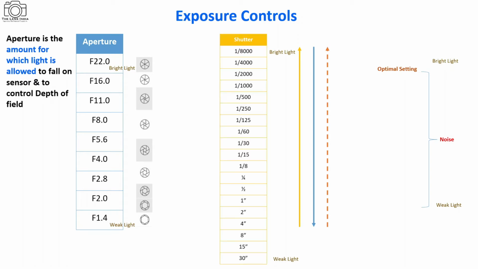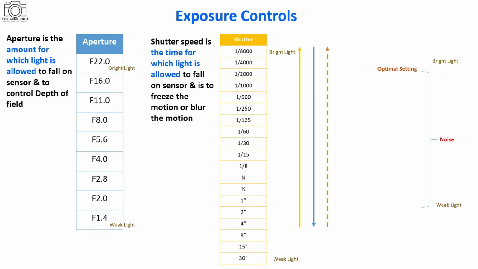Okay. Next is the shutter speed. Now, what is shutter speed? Shutter speed is basically a parameter which allows us to set the time for the light which is falling on the sensor. This is one of the mechanical functions of the shutter speed. The shutter speed I've mentioned over here starts from 30 seconds and goes to a fraction of a second as fast as 1 by 8,000. So 1 by 8,000 is the very fastest shutter speed, and the slowest shutter speed available in the camera is 30 seconds. This timing we can control depending on the light.